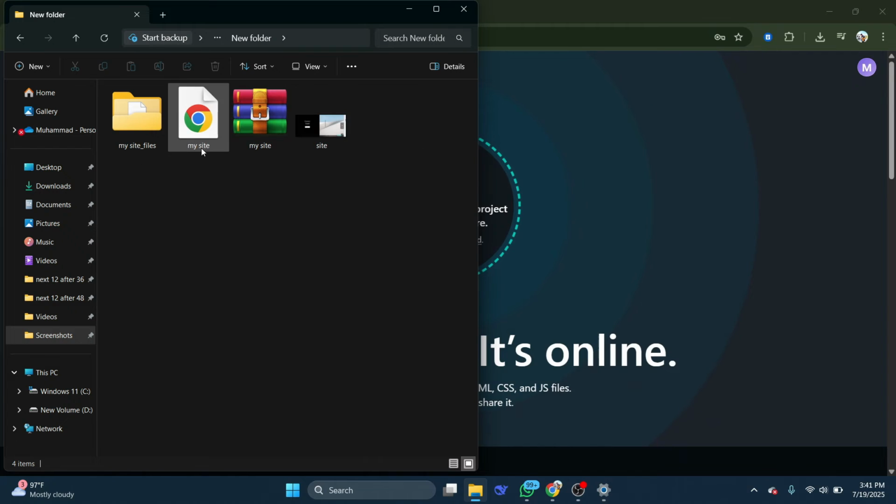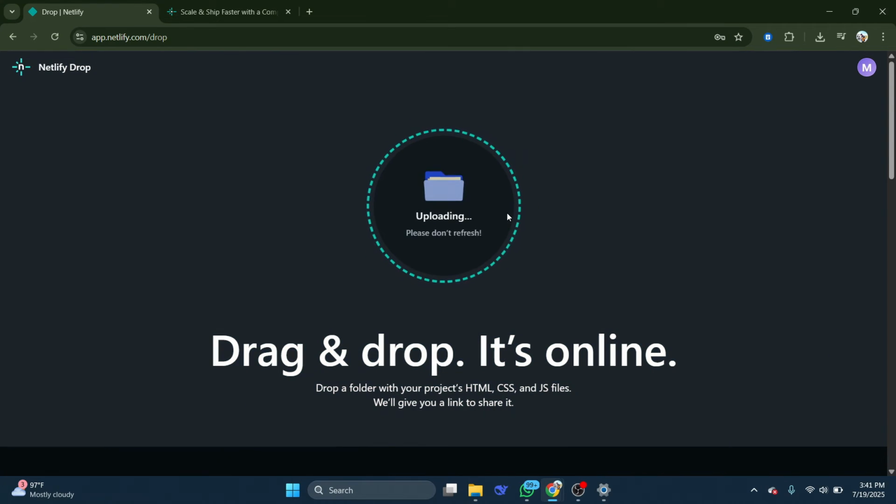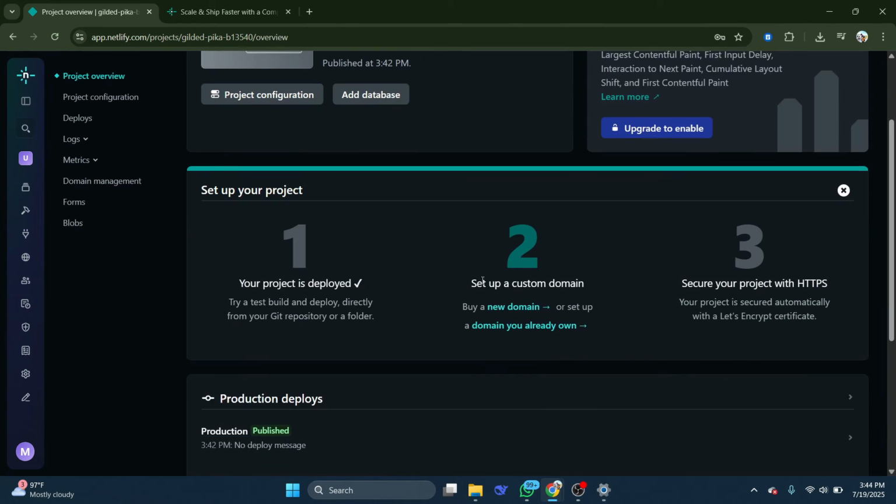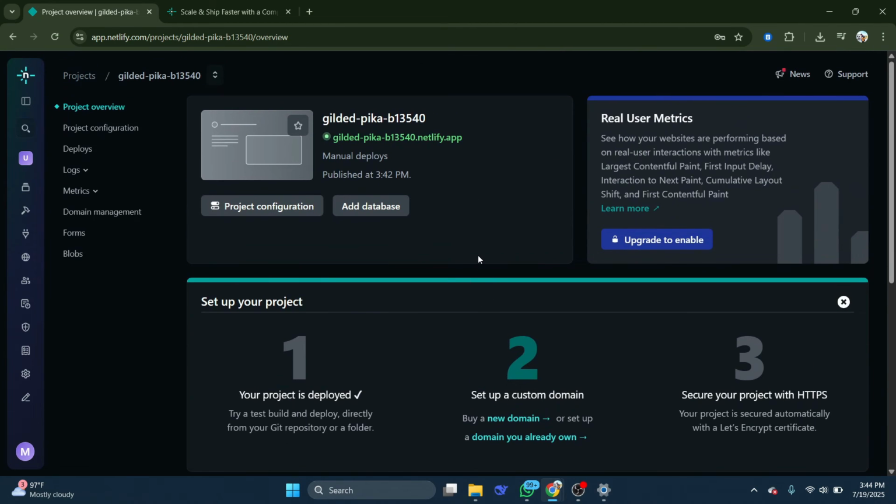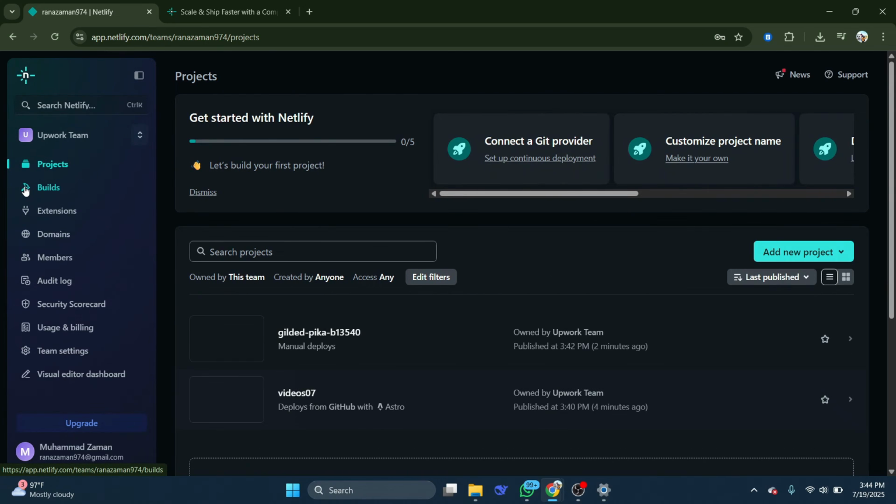That is then going to upload the project files. Just make sure you drag it onto the center of the circle and you can see it's now uploading. Now we've done that, it's going to take us into that project, and in the future, if we want to get back to it, we can just go ahead and click on Projects,